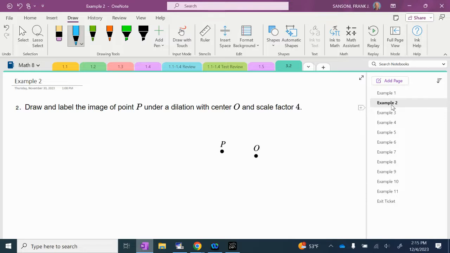So it says, draw and label the image of point P under a dilation with center O and a scale factor of 4. So the first thing we need to do is figure out what's the distance from O to P. We always start at O. What's the distance? What'd you get? 1.7. I like that. So from here to here is 1.7 centimeters. So if I want a scale factor of 4,